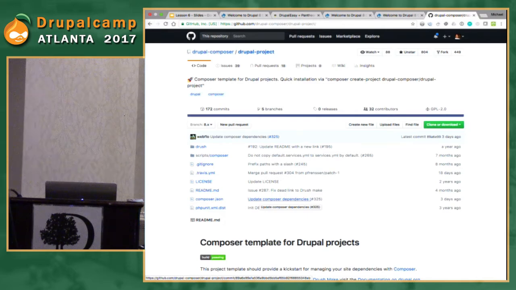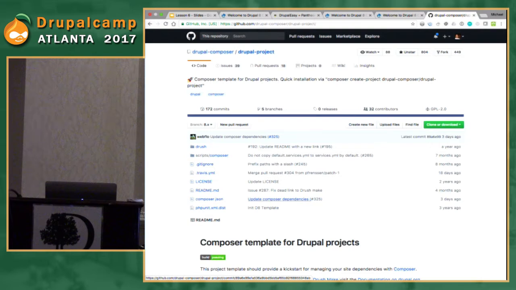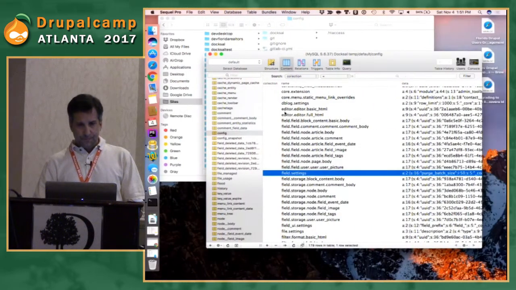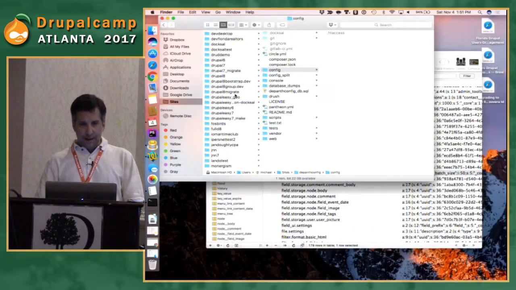So if you're building a Drupal 8 site, hopefully you're using Composer. If you're using Composer, this is the best starting point, in my opinion. It's a Composer template which makes Drupal core a dependency of your project. One of the things that this Composer template does, I can talk about this for the next 45 minutes, but I won't. One of the things this template does is it automatically,